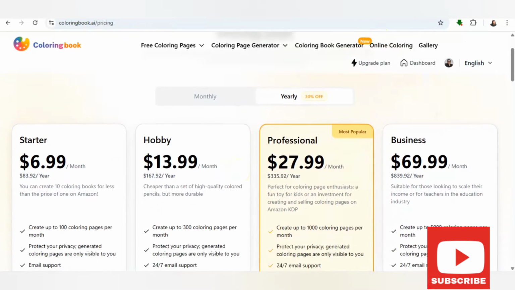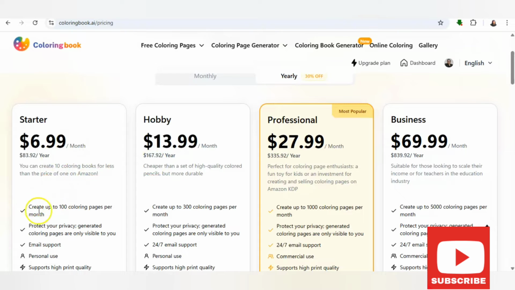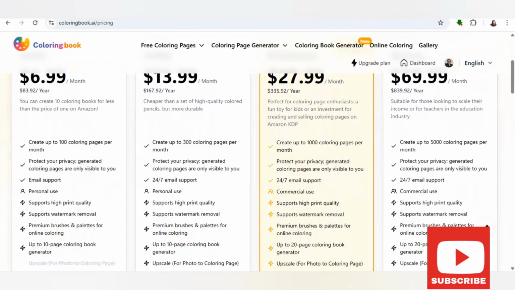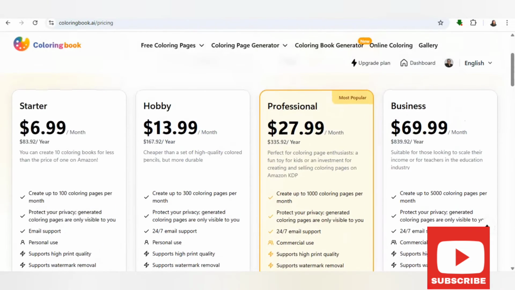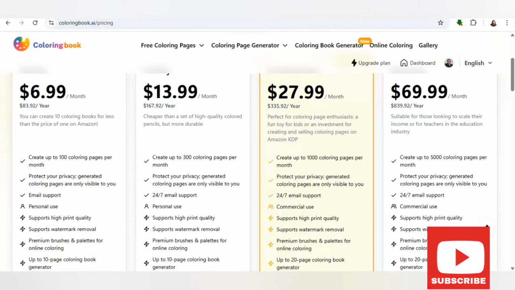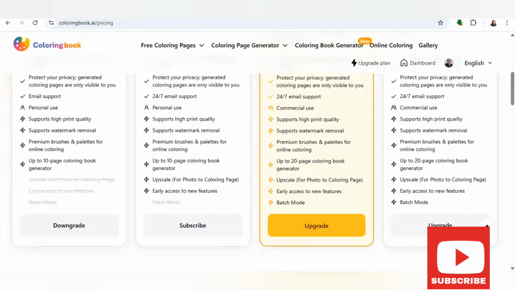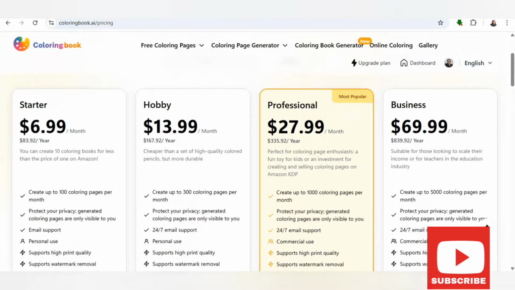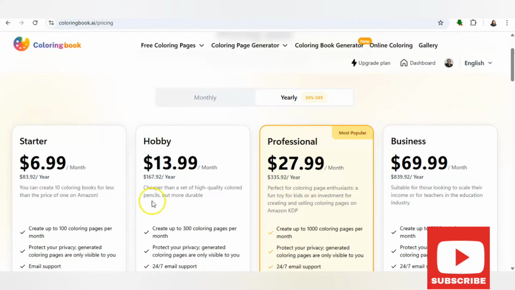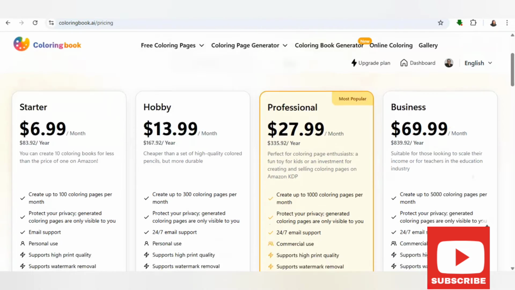So for starter, you get to create up to 100 coloring pages per month. Protect your privacy. Okay, this is all you get as a starter, and it's $6.99 per month. This is $13.99 per month. You get to upscale your photo and coloring pages, easy access to new features. Then professional is $27.99, and if you're doing it for business, it is $69.99, and